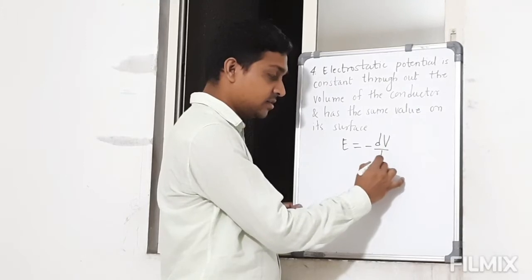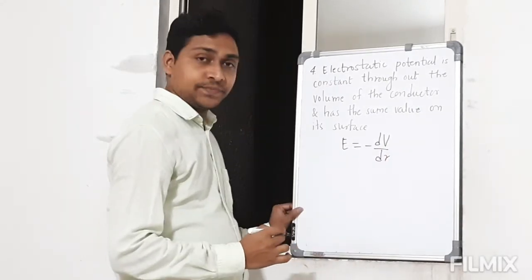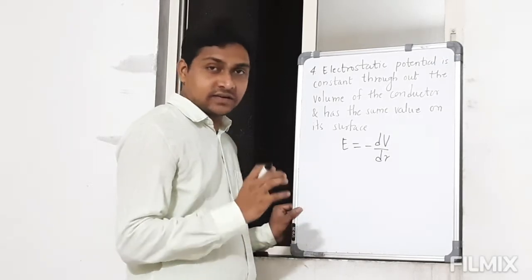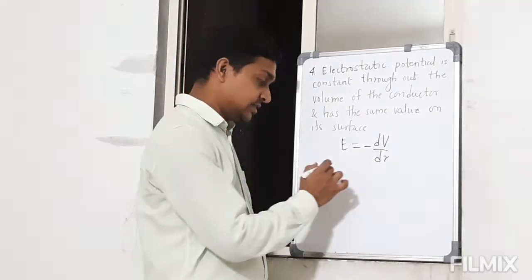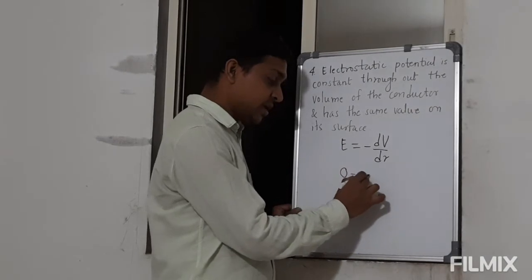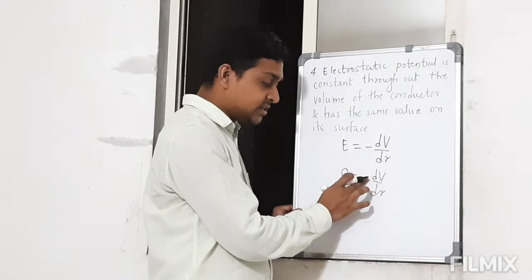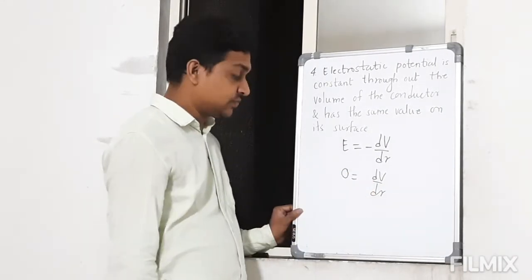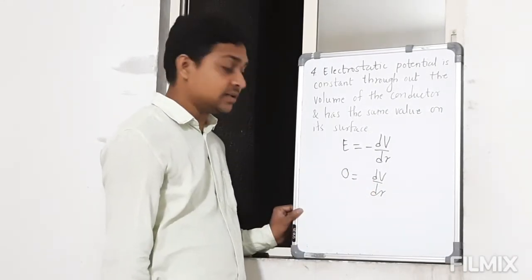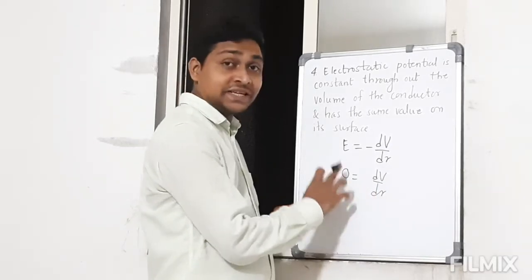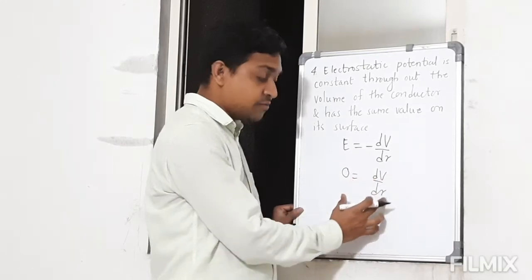Okay, this we learned in our earlier. And according to the first property, again, inside the conductor electrostatic field is 0, so we can write here 0 is equal to minus dV by dr. Okay, so forget about the negative sign, we are just talking about magnitude over here, so we can neglect the negative sign. So here we get dV by dr is equal to 0,